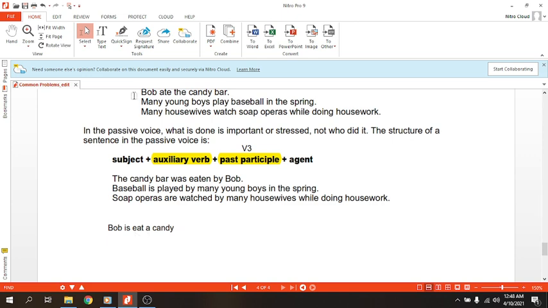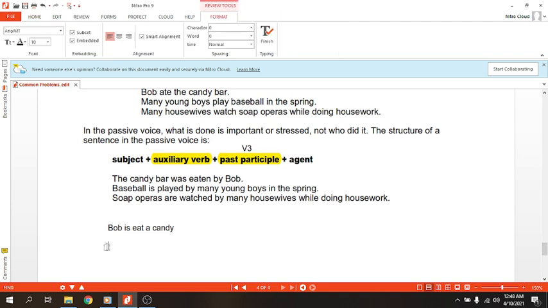Kalau saya mau pakai is, ya of course boleh. Tapi sekali lagi, kalau pakai is, because this is active, then you cannot use verb 3. You have to use verb-ing, because -ing is in continuous. Okay, like this. Biar kamu tidak pusing, saya tuliskan. Here, atau is. Ini yang benar.